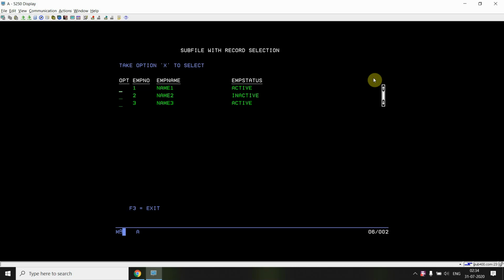But what does this scroll bar denote? It indicates some information to us.